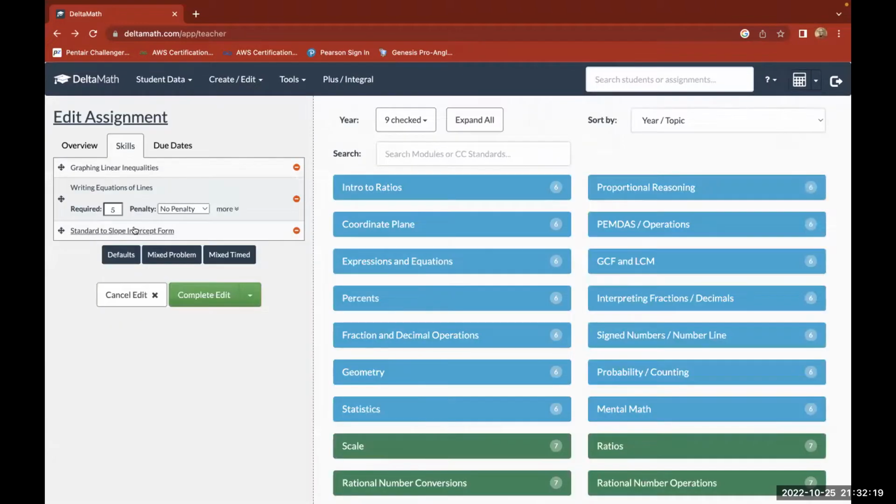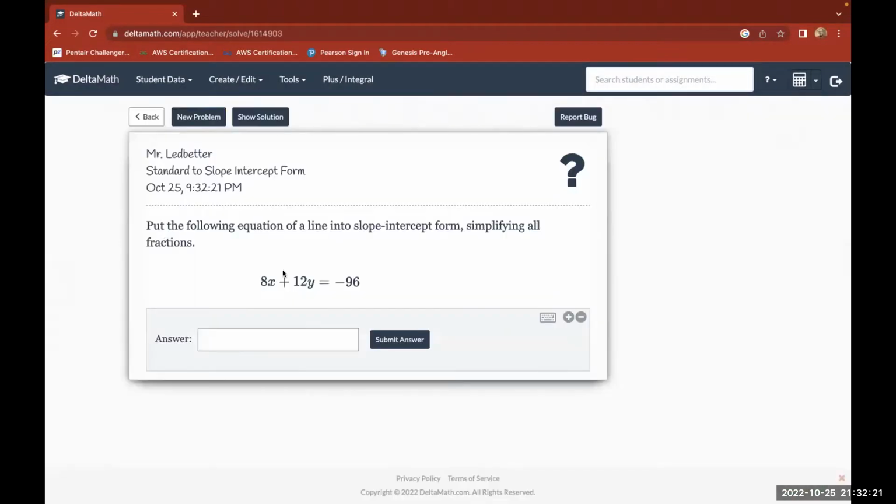All right, and then the last one here, they want us to put this in slope intercept form. And that's just basically what we did earlier. All I'm doing is just moving the x over and dividing by 12. So I might be able to do this. I'm going to try this in my head. All right, so y equals, if I move that over, that's going to be a negative. And if I divide 12 into it, that makes, let's see,